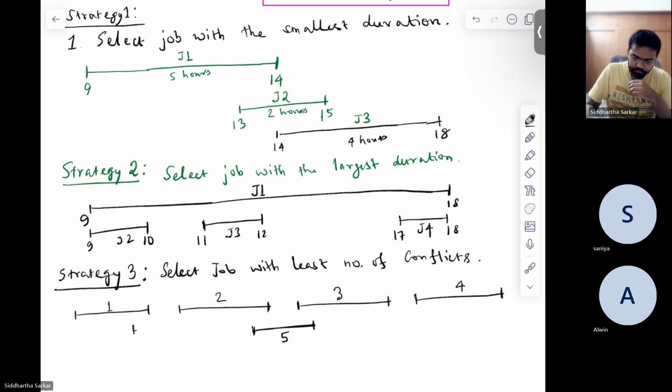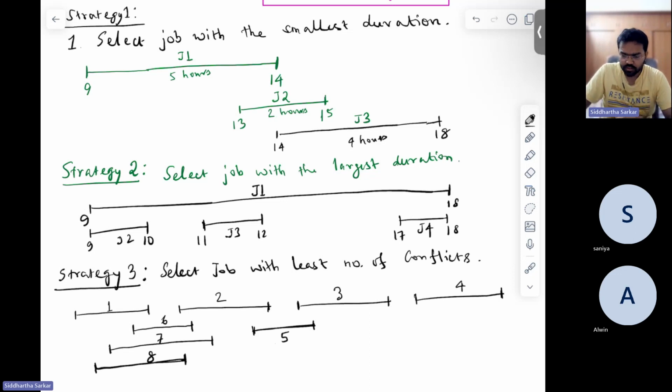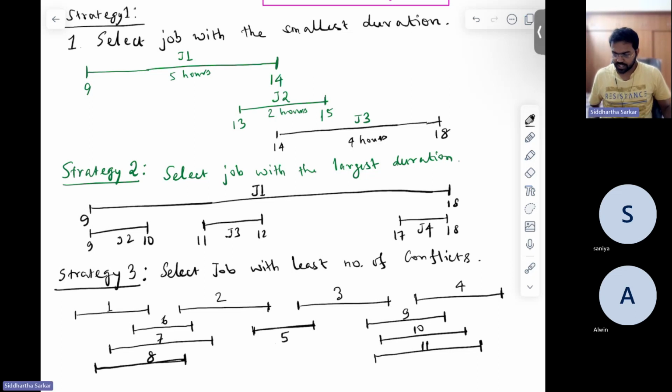And a couple of other jobs I'll draw. So this is one job. Another job. Another job. Let's call them 6, 7, 8. Job 6, job 7, job 8. Similar thing I'll reproduce here in the intersection in this area. 6 and 8. Then we'll say job 9, job 10, and job 11. So this is an example with 11 jobs in the input, and you have to pick the maximum number of